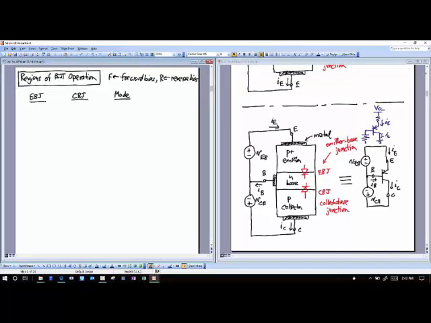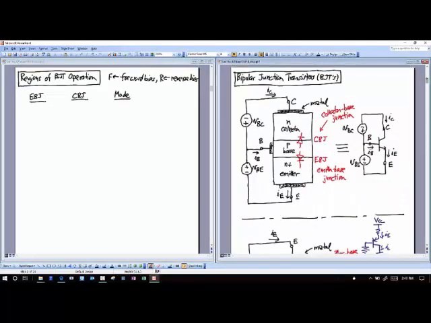So if I go back and look at my NPN transistor here, it actually will be similar for both of them. But for my NPN transistor, if I reverse bias the emitter base junction, it means I turn off that diode, and I reverse bias the collector base junction at the top here, right, then what's happening? Then I have no current flowing.